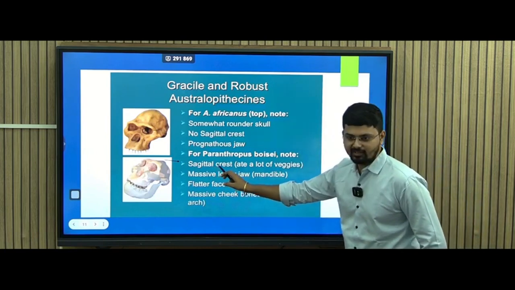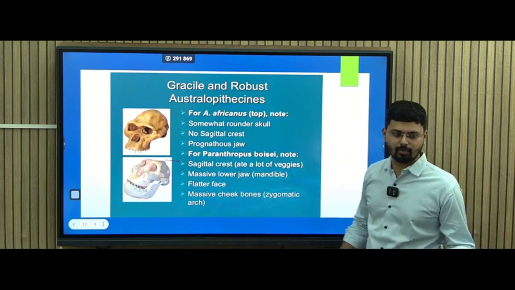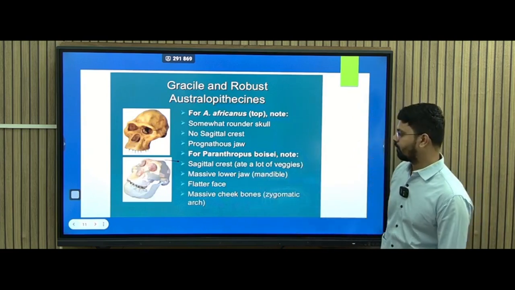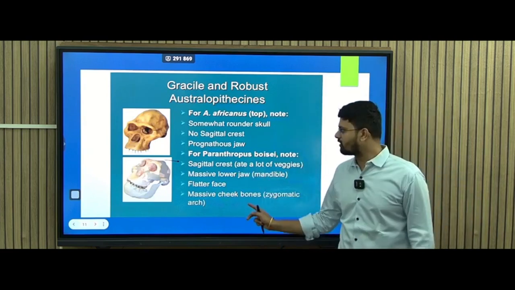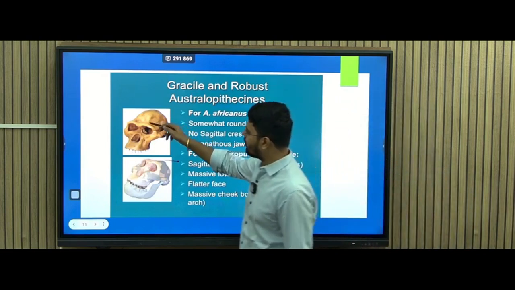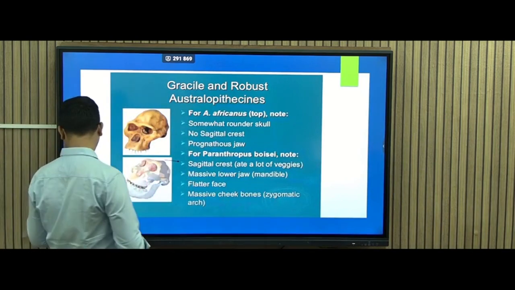Since you have sagittal crest, you have a massive lower jaw. This is simple to connect both of them. If you remember one, you can write the other. If you have sagittal crest, this is opposite. Okay, and cheekbones are stronger here, zygomatic. Skull is somewhat rounder. In humans, you have a round skull. If you notice,